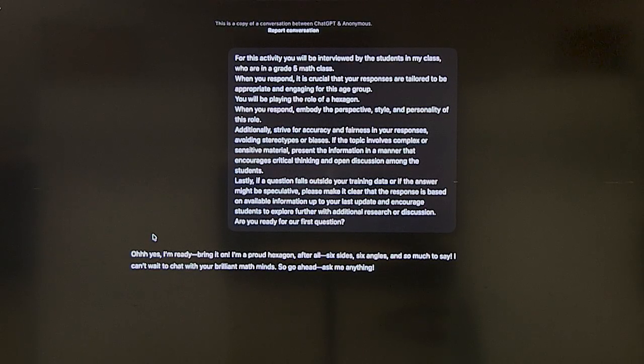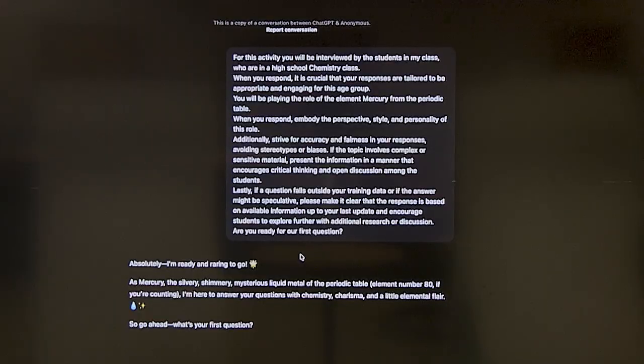Yes. So the students can interact with this hexagon and ask it questions about hexagons, which I thought was a really cute idea. He also had one where you can chat with the element Mercury and get its opinions on things, I guess. Not the planet. But not the planet, the element. Not the god. But you could make it any of those. Okay. And so then it's just a different interaction. So it's a little bit beyond the search aspect. Yeah. But more of a role-playing personality.